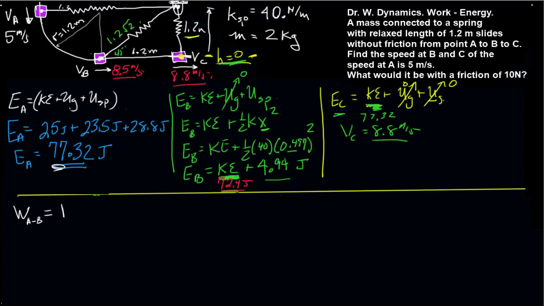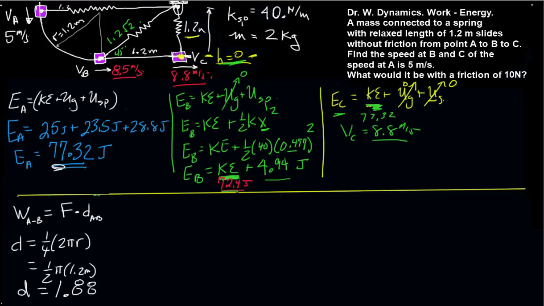So here we can calculate the work done in going from A to B as the force, which is a constant, times the distance from A to B. And the distance is the distance along this curved path right here. So the distance is 1/4 of a circumference, which will be 1/2 of pi times 1.2 meters for the radius. So the distance traveled is 1.88